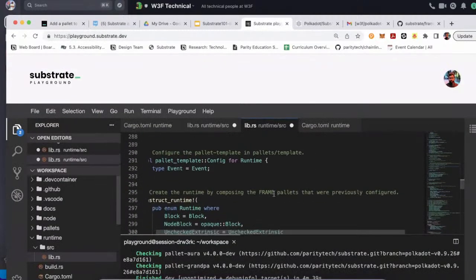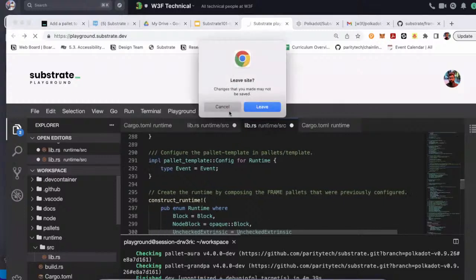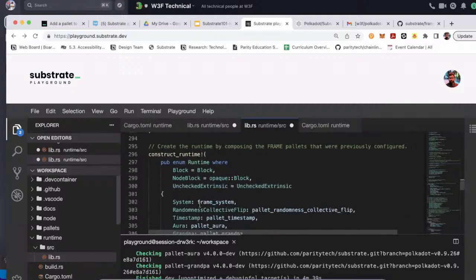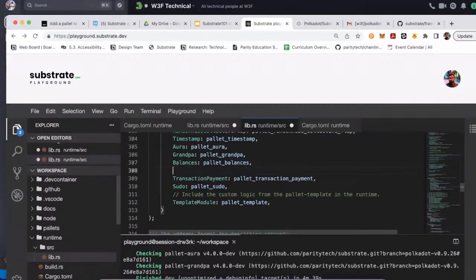Let's see where it is. It's right here, construct runtime. So in here, I'm just going to add that line of code. And that's it. That's how easy it is to add a palette into a substrate template